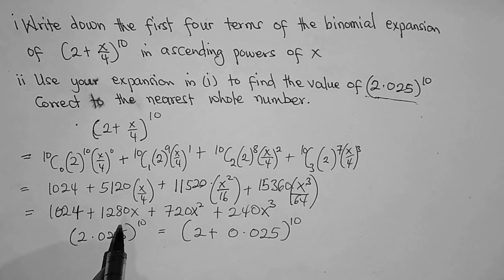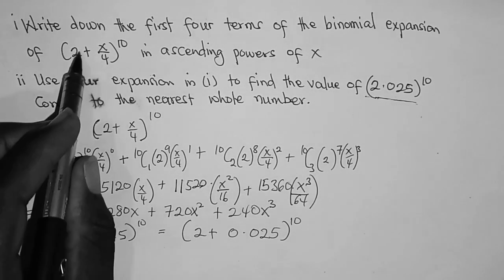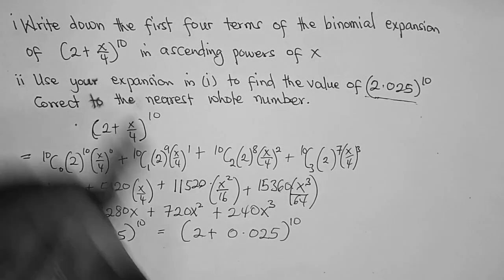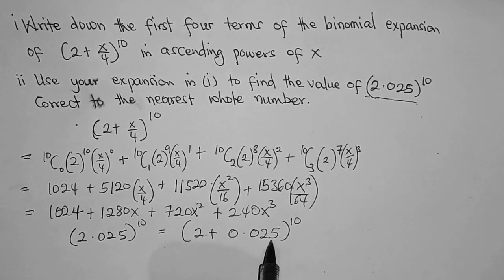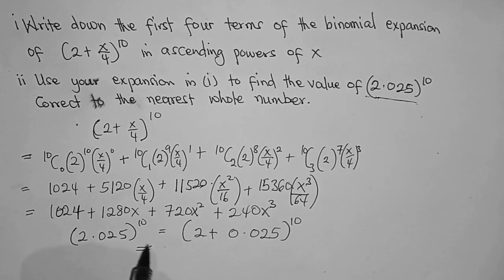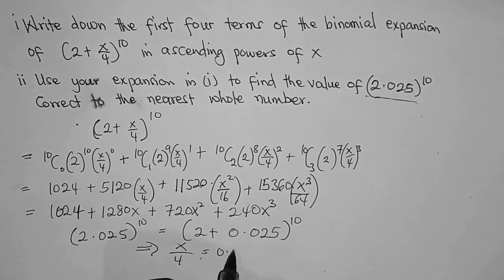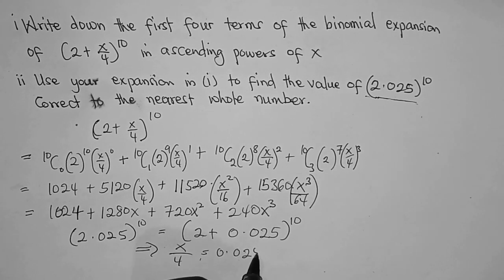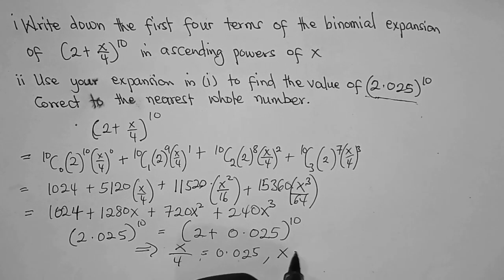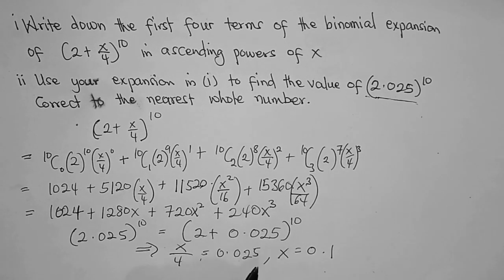So what it means is that this 2 is this one, then x over 4 is equal to 0.025. So this implies that x over 4 is equal to 0.025. So if we multiply through by 4, then x is equal to 0.1. So what it means is that we are going to put 0.1 into this expansion and then find the value